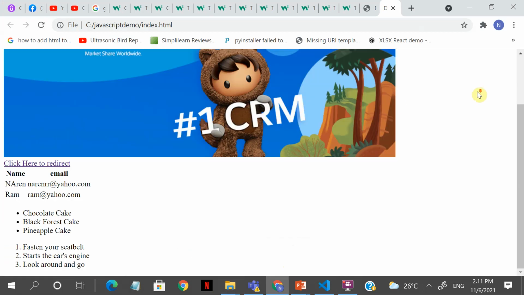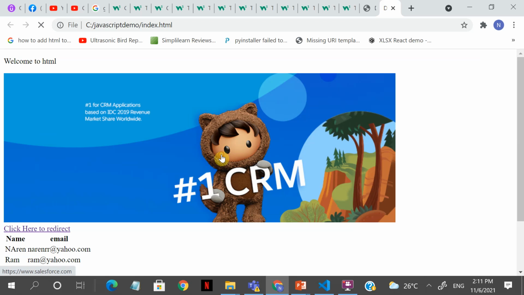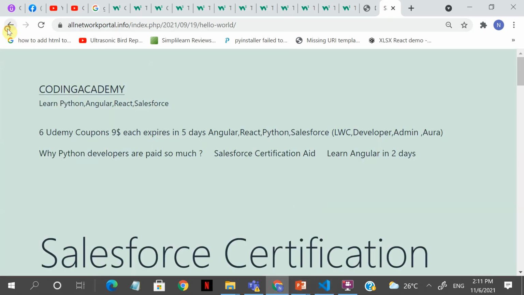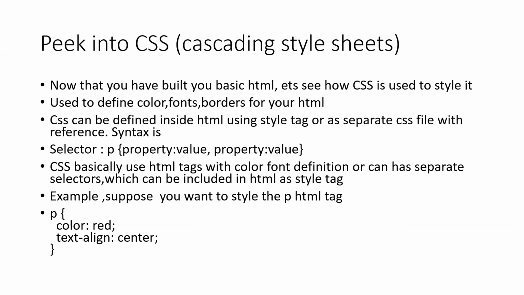So if you see, we have some images and all over here, but it is a direct image, right? So here it is redirecting. We saw all of this. And so right now what we are going to do is we'll see the concept of CSS. Okay, what is cascading style sheets? So now that we have built HTML, let's